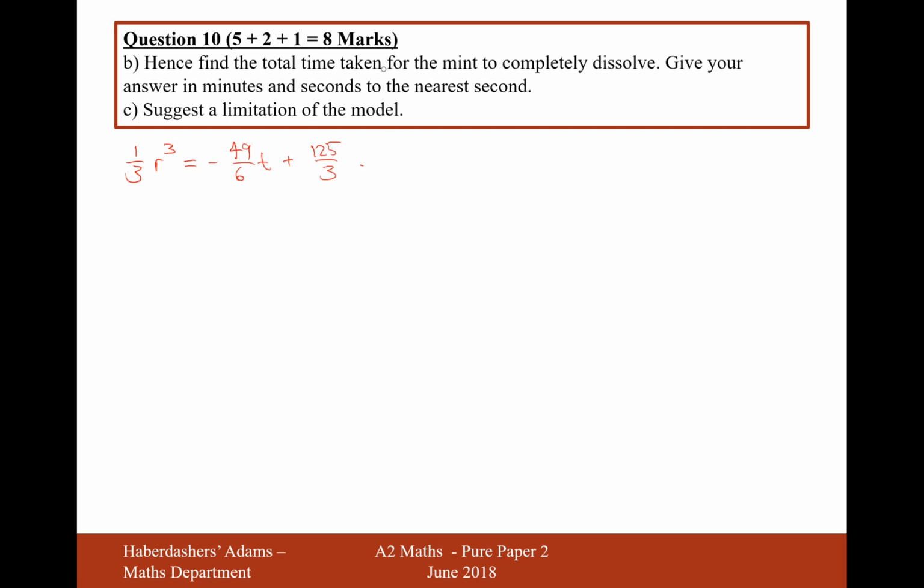Okay, part B, hence find the total time taken for the mint to completely dissolve. So what we want here is for r to equal 0. So plugging in 0 onto the left hand side, we get 0 equals minus 49 over 6 t plus 125 over 3. Add the 49 over 6 t onto the other side. And now we need to do 125 divided by 3. We need to times that by 6 and then divide by 49. And we get an answer for t, which is 250 over 49, which is equal to